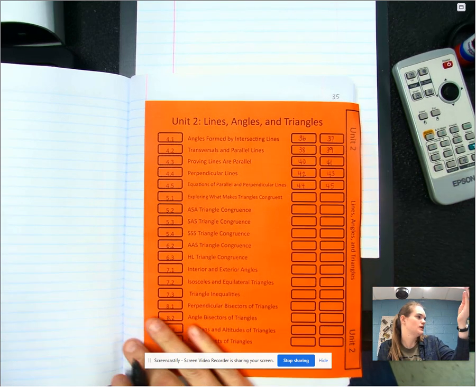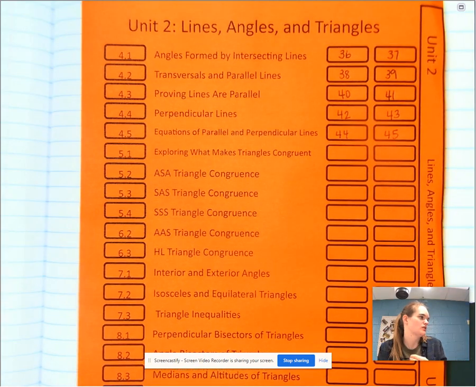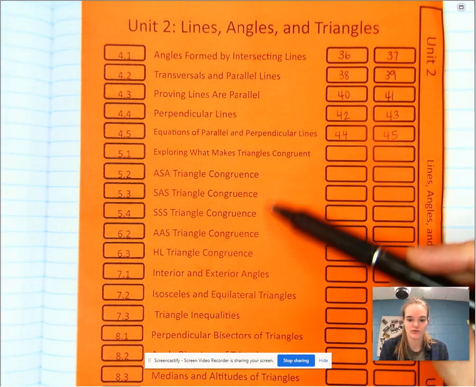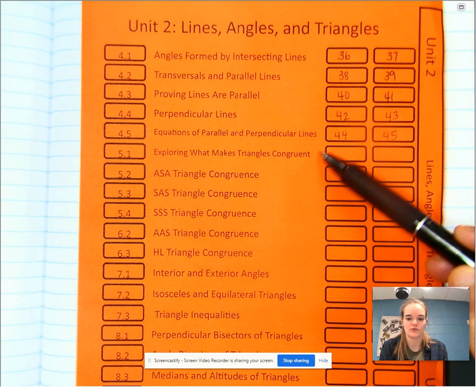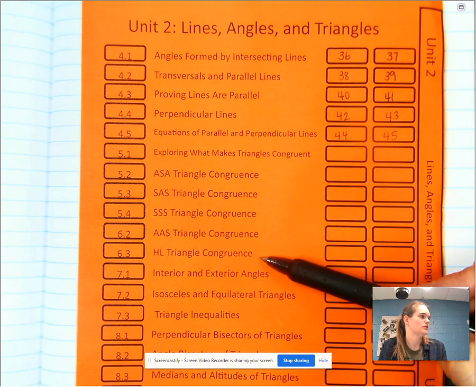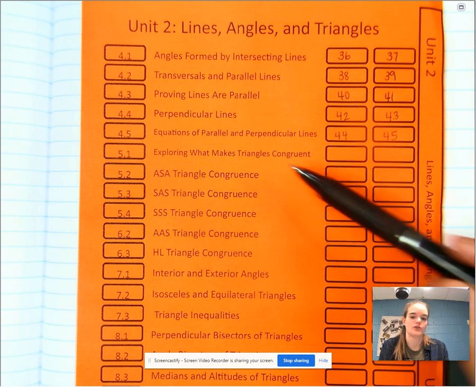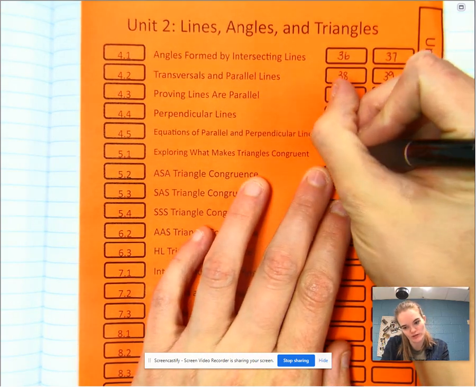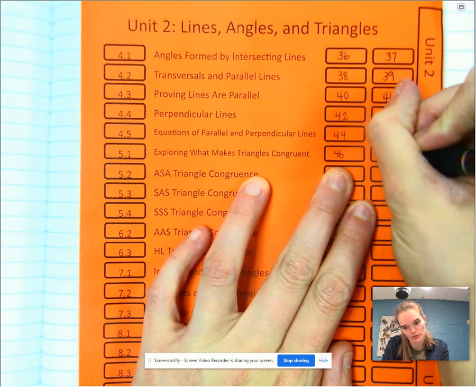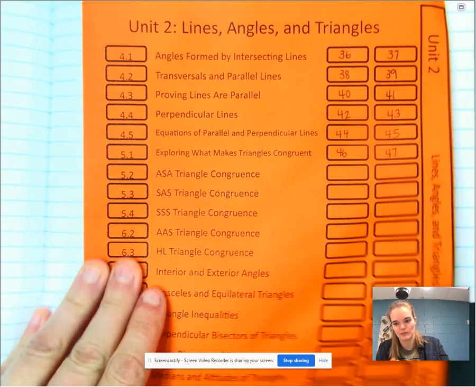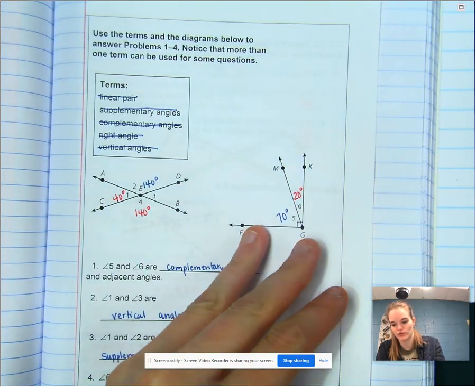Okay, now let me zoom in. Today we're going to talk about triangles. We're going to talk about triangle congruence for a while now. That's what we're talking about for the next couple of weeks. Okay. So starting with exploring what makes triangles congruent. That's going to be on 46 and 47. Remember, the word congruent means the same. So we're going to talk about what makes triangles congruent. So we're going to turn to that page,